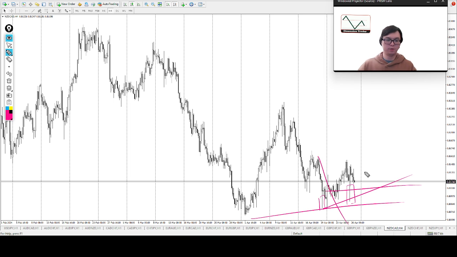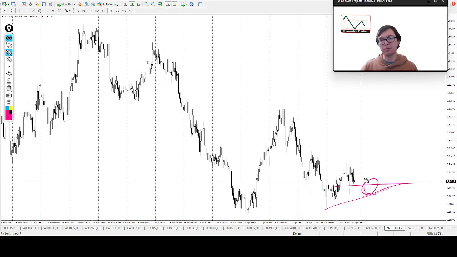Okay, so I will wait a little bit more to see if we have any more clear pullback at this area where the trend line is. If we do, probably we're going to enter another long, aiming the pricing resistance up to dimension 4 area where it's created by this dimension 1 top. Alright,